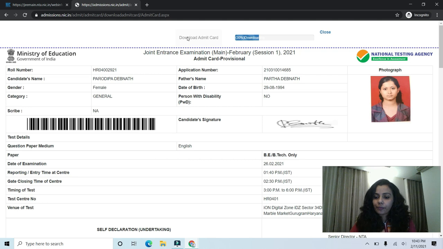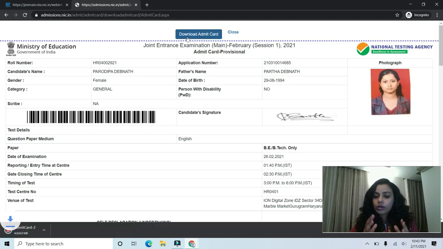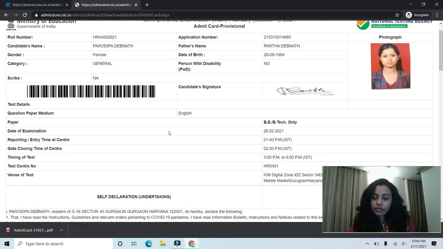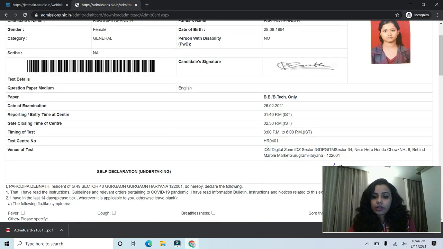If you are downloading your admit card on a mobile phone, then make sure that you know where your PDF gets downloaded so that you can print it later on. And do not keep this task of printing the admit card for the last moment. Do this today or tomorrow only, or as soon as possible. And just the last thing I want to say before going is that use this exam center that is given here.